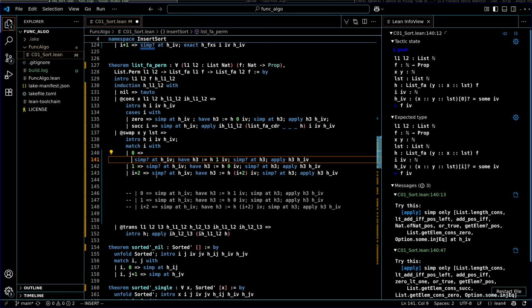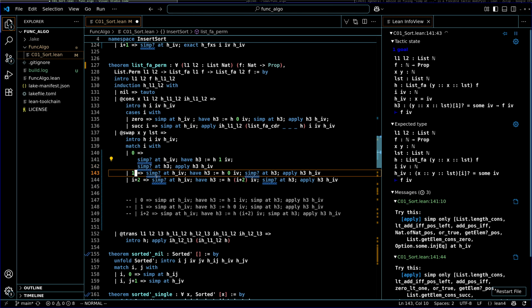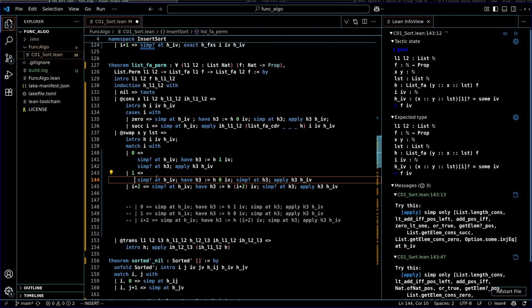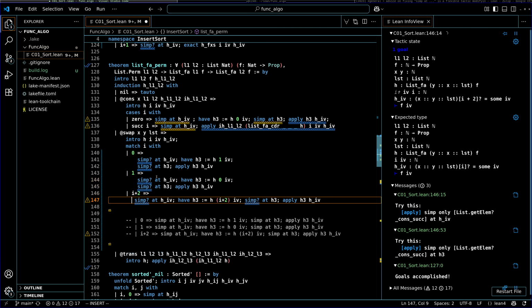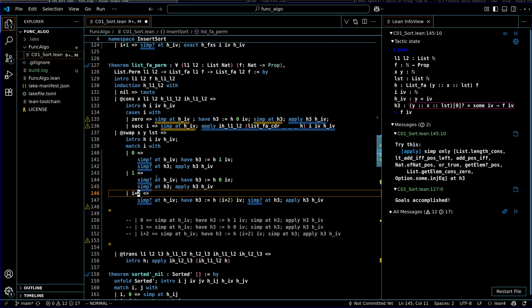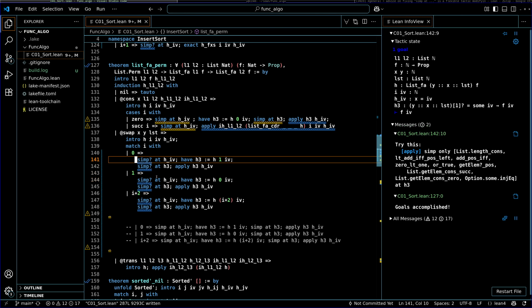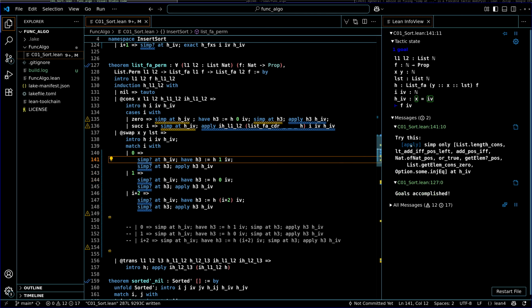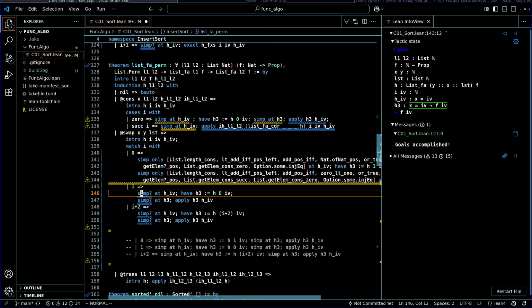So let me prepare this. I'm moving this to multiple lines because in a moment, once I explicitly state all the rewrite rules, we're going to see what this ends up looking like. So if we take the suggestion from the linter and we just apply all this,